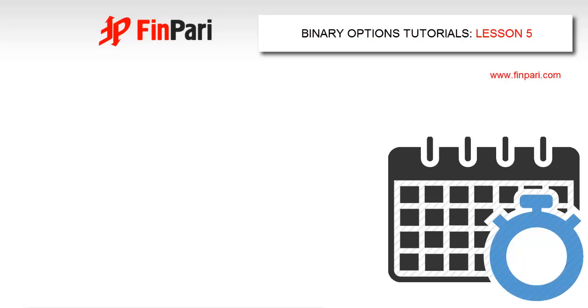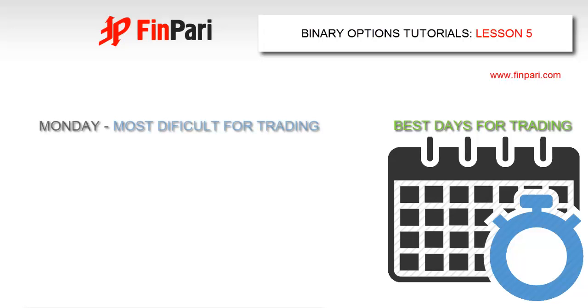Now let's talk about what is the best time for trading. You can trade binary options from Monday to Friday. On weekends, mostly one-touch options are available. One of the most difficult days to trade is Monday and Friday. That's why you should not start trading Monday morning. Wait for the afternoon, when market will settle.